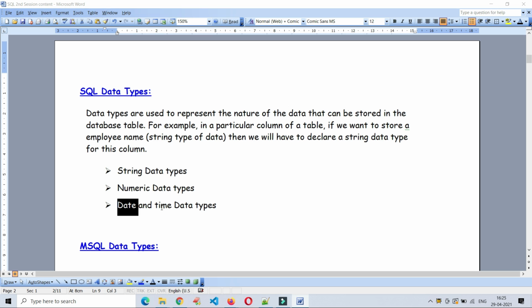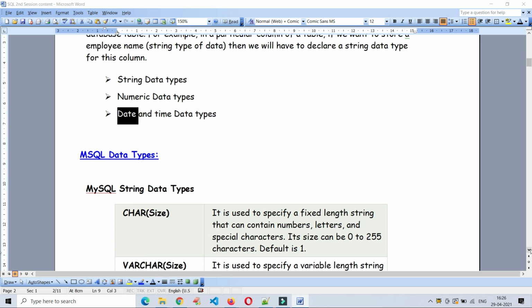And what we have to do is, we have discussed SQL data types, but also we have to discuss MySQL data types and SQL Server data types and Oracle data types, to ensure that we are aware of what are all the data types available in the respective database technologies which we are using in real time. And these are the main database technologies we are discussing nowadays: MySQL, SQL Server and Oracle. These 3 main database technologies are being used in the IT industry or anywhere, not only in the IT industry.